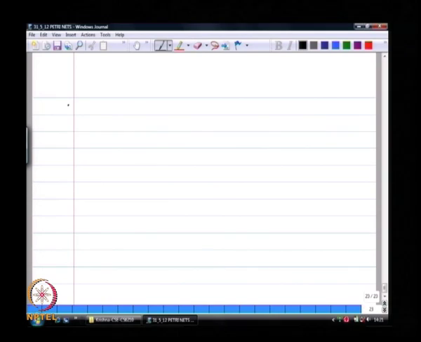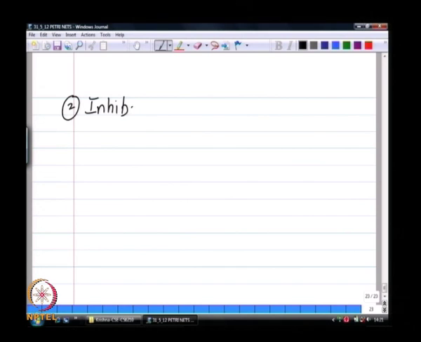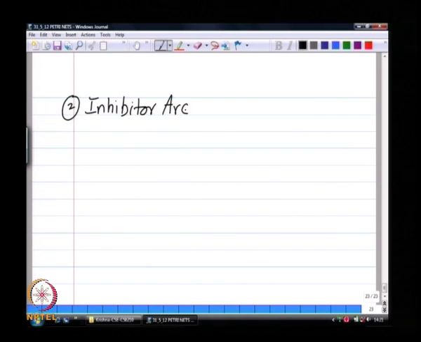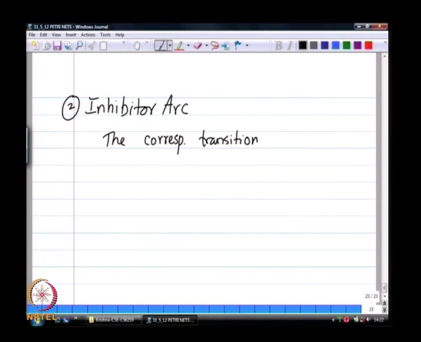Then there is something else called the inhibitor arc. Sometimes an inhibitor arc is used to prevent a transition from firing in certain cases. So this means that if there is an inhibitor arc, it will end on a transition, it is an input to a transition, and the corresponding transition cannot fire,